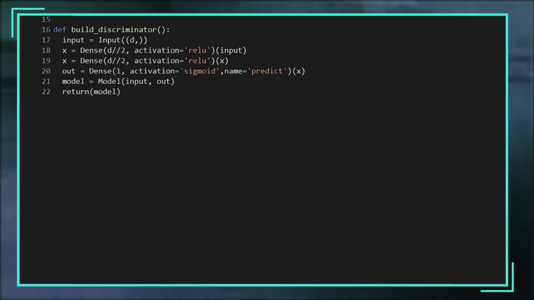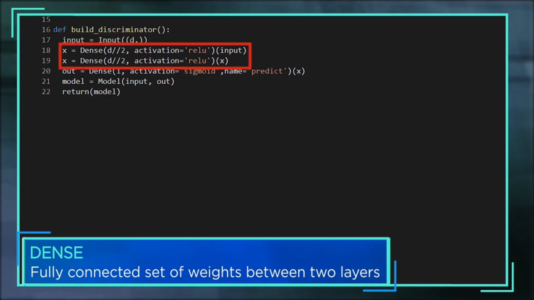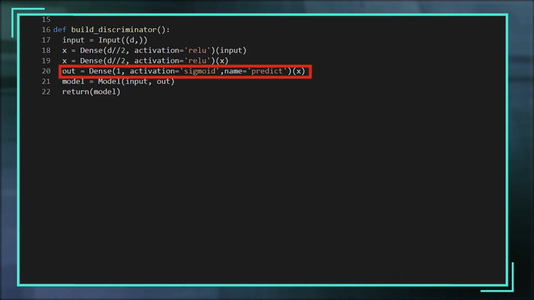So let's try the GAN idea. It's adversarial, so we need to construct 2 networks. The discriminator network is like what we had before. It takes as input a vector of size d equals 20, representing the purported staircase. It has 2 fully connected or dense set of weights leading to hidden layers, each of size d over 2, or 10. Finally, the output layer is a single unit that should output 1 for a real staircase and 0